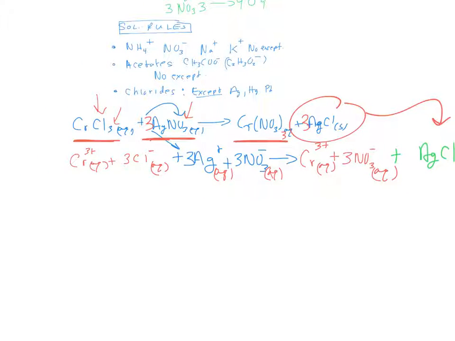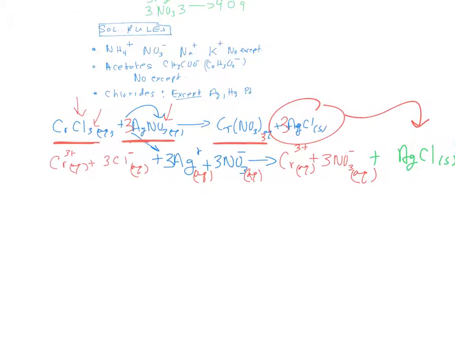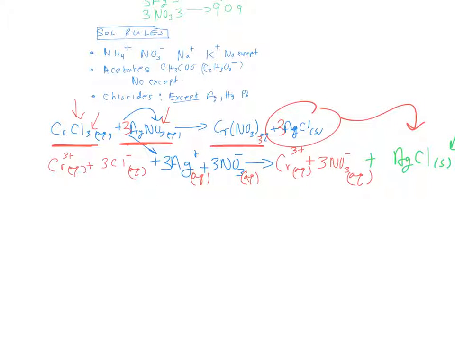The next thing we're going to do is cancel out our spectator ions. The spectator ions are the ions that are the same on both sides. So I'm going to cross out the chromium 3 with the chromium 3. And I'm also going to cancel the 3 nitrates with the 3 nitrates. This is a 3 here. What's left over is